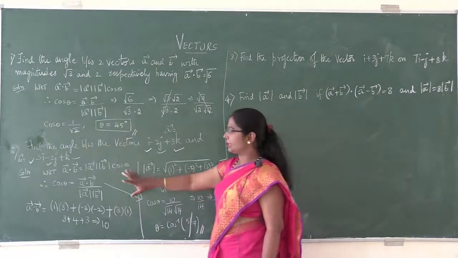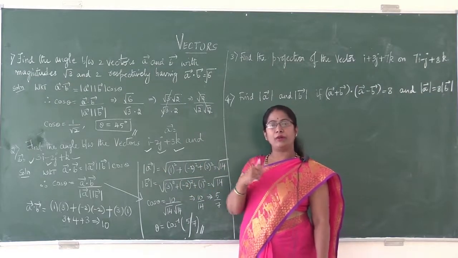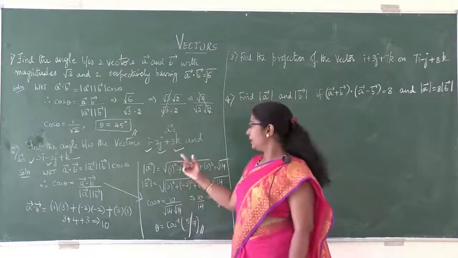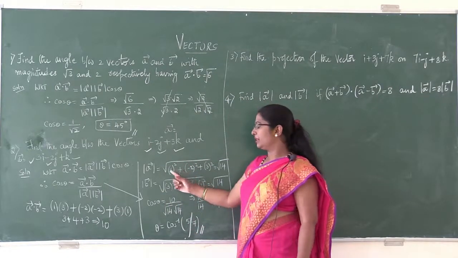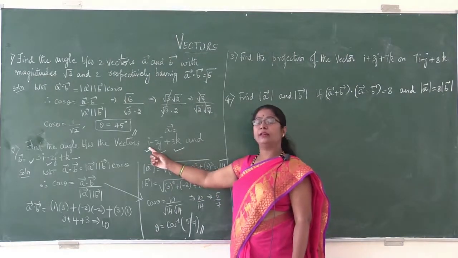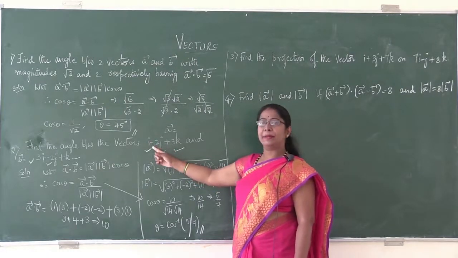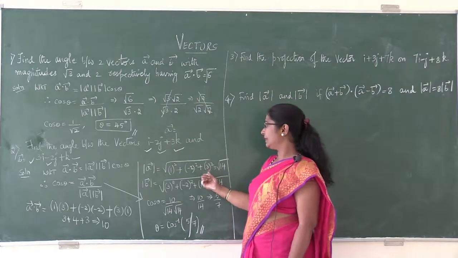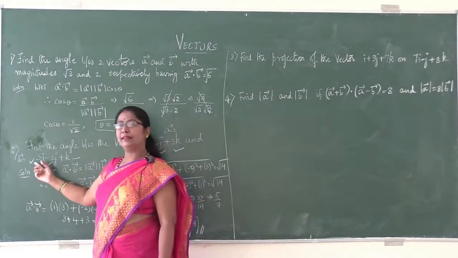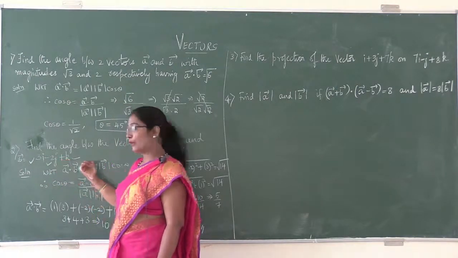We finished with vector A dot vector B. How do you find the magnitude of vector A? In the previous session, I had taught you how to find the magnitudes of the given vectors. It is nothing but the square root of the sum of the squares of the i, j, k terms. The coefficient of i here is 1. What is j's coefficient? Minus 2. And k's coefficient is 3. Similarly, for the second vector, the coefficient of i here is 3, the coefficient of j is minus 2 and the coefficient of k is 1.